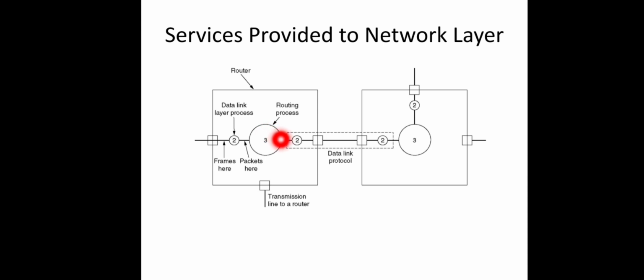So the outgoing link will be selected and the corresponding data link layer will receive the packet from this network layer. So here this process number 2 will receive the data packet from the network layer. Again framing will be done, some header and trailer part will be attached to this packet, then it will be handed out to the interface, then to the physical media. Then the same thing happens here also.